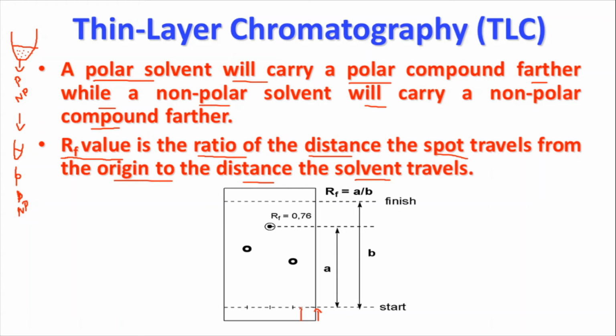This space is called the D. The D is around 1.5 centimeter above, so above the 1 centimeter from the bottom, we can draw the line using marker or pencil, whatever it is. Why are we drawing the line? Because that is where we place the sample. For that purpose we only draw the line.